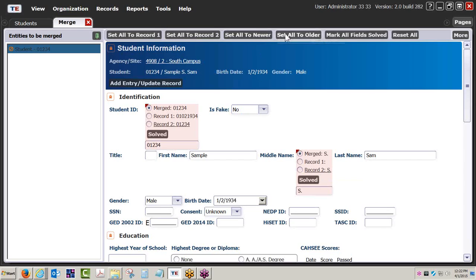You can set all to newer or set all to older. The newer option basically will set all conflicting fields to the newer values, and it's not always known which record contains the most current values as compared to the older values. If you choose this option, then your next step is, and I'll go ahead and demonstrate this, for example, if I say set all to record 1, notice now the solved area populates,